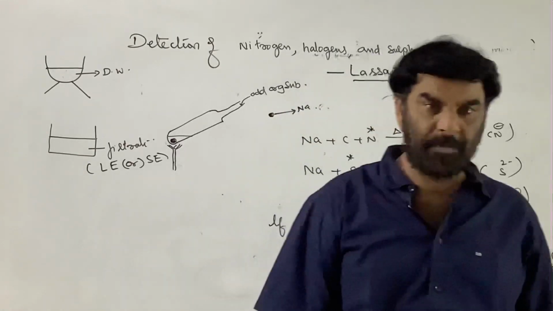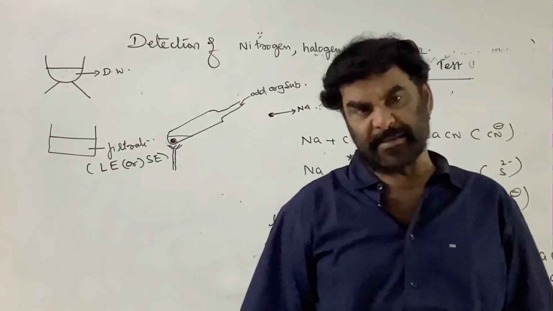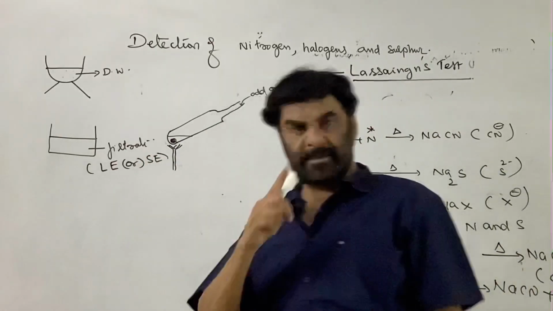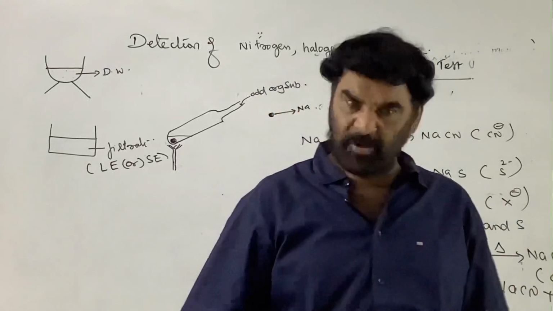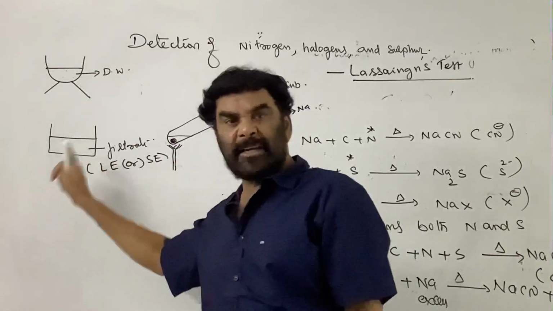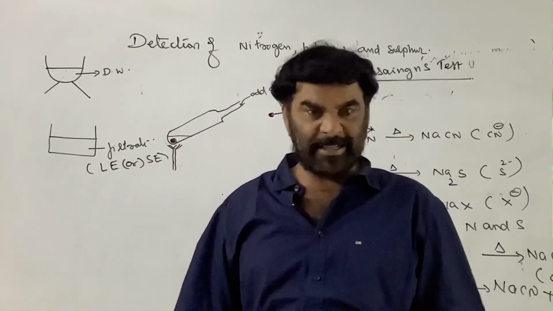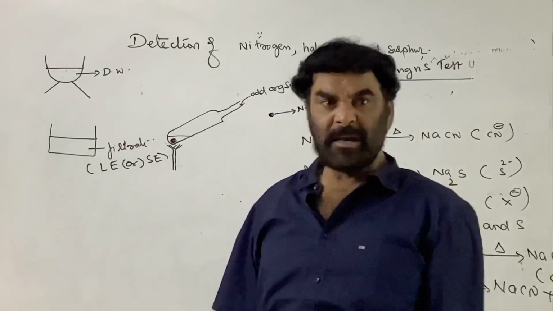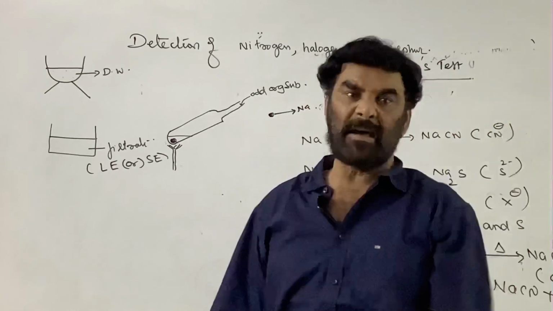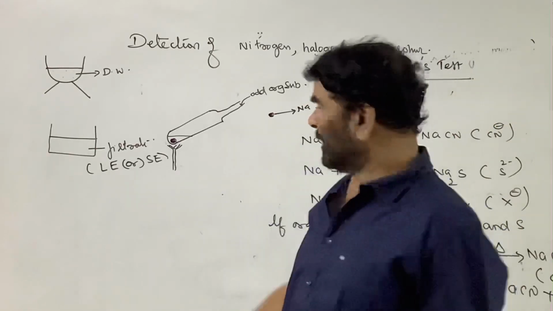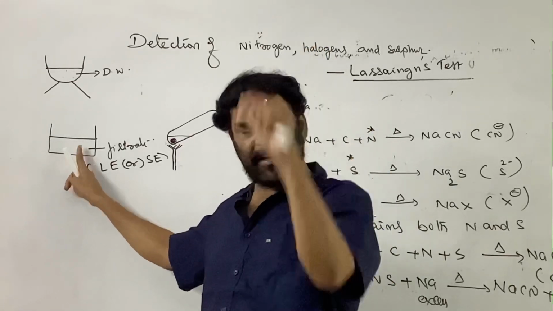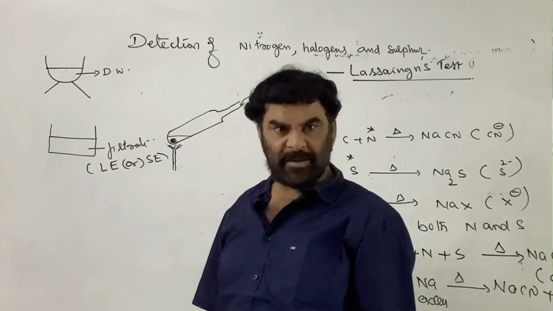Now you have to choose an appropriate chemical technique to identify the cyanide ion. If the organic compound contains sulfur, no nitrogen, only carbon and hydrogen along with sulfur, then this contains the sulfide ion. By conducting the test for the sulfide ion, the presence of sulfur in the organic compound can be identified. If this gives the test for the cyanide ion, nitrogen is present. If this gives the test for the sulfide ion, sulfur is present in the given organic compound.